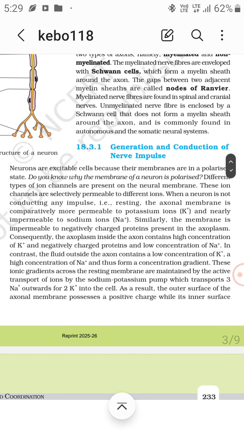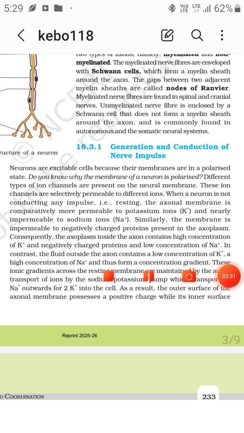So when a neuron is not conducting any impulse, that is, at rest, the axonal membrane is comparatively more permeable to potassium ions and nearly impermeable to sodium ions. Remember this line. Similarly, the membrane is impermeable to negatively charged proteins present in the axoplasm. So this is why